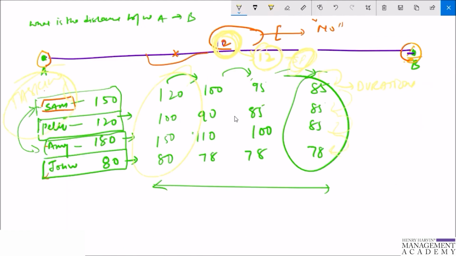So if you see, what we have done here is we have divided the effort and duration. So what we have estimated so far is the duration, and this time now we are going to estimate the effort. So hope you have understood it. Now what is going to happen here is that